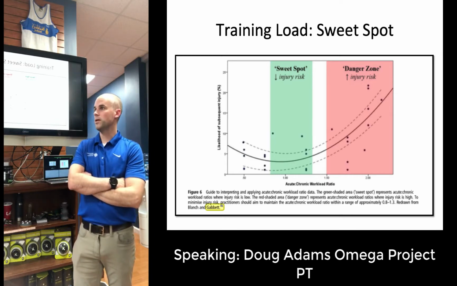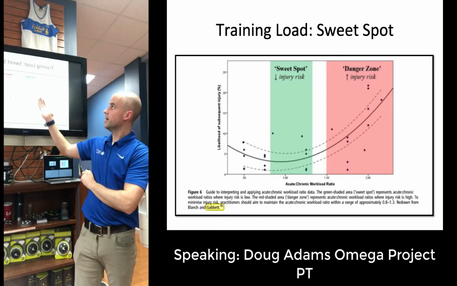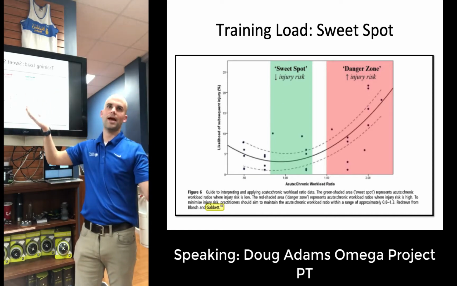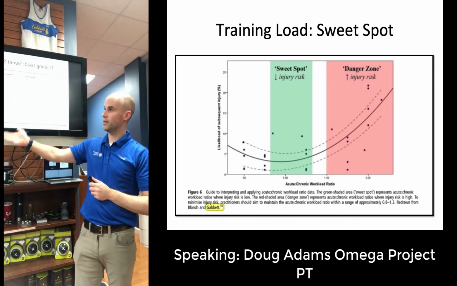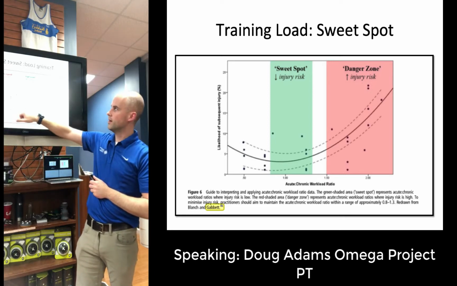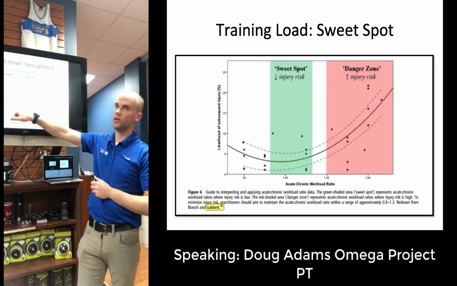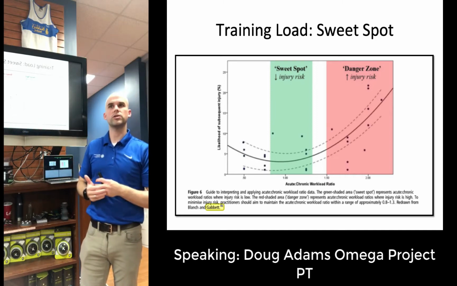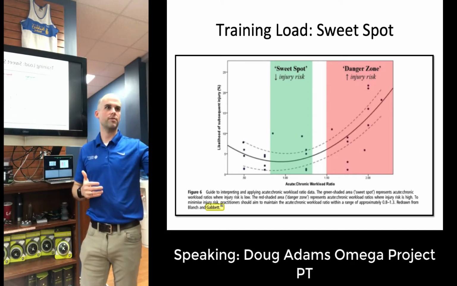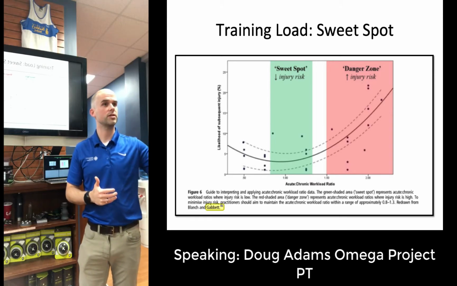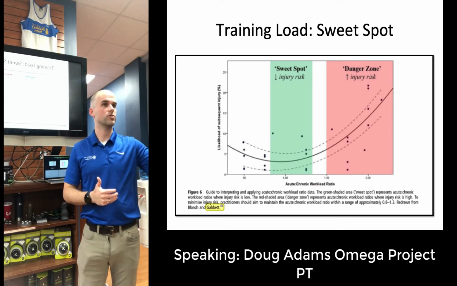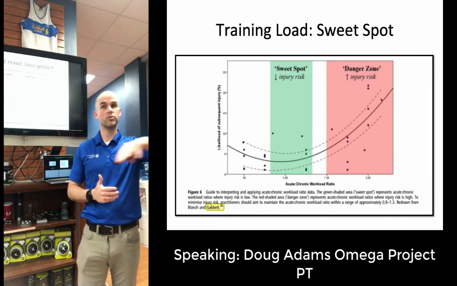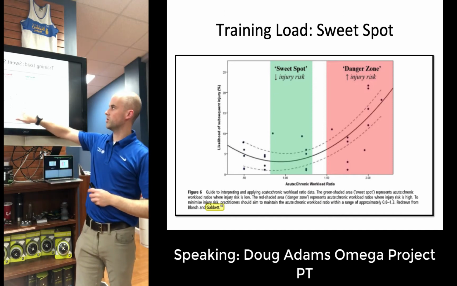But this is part of your training. This is perfect with Mike saying, looking at where you're at, and you were talking about the training effect. This is literature that supports a lot of that, where we're comparing acute to chronic workload ratios, where, listen, you can listen to your heart, you can do all this stuff, but if you don't have a good training plan, if you're not doing this stuff consistently, you're still going to be at risk for injury or for minimal to no gains here. And this is looking at a